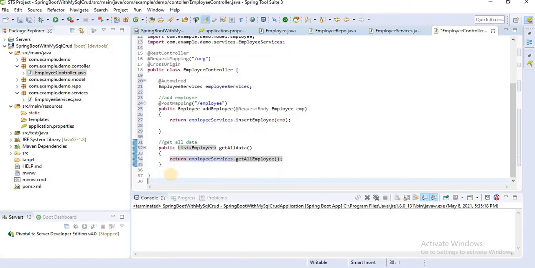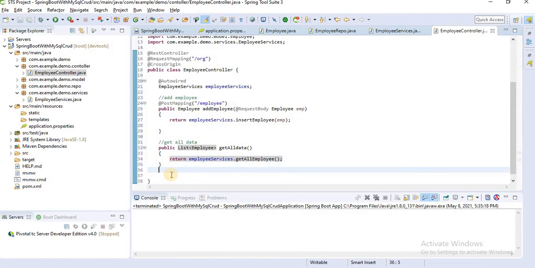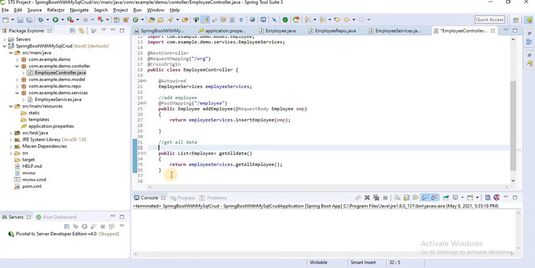We have created get all employee also, but we also have to create here a get mapping and give the URL employee. We can give the same URL each time, but we have different methods.